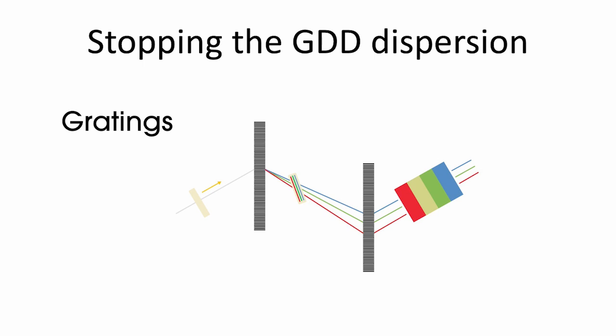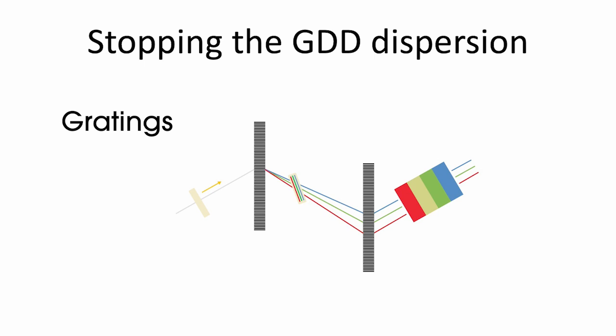So what you do is you place a second grating parallel to the first grating. So you see, in between the gratings, you have this tilted pulse propagating with angular dispersion, with the blue traveling faster than the red and getting ahead of it. When you go through the second grating, all your beams now are parallel. You stop the angular dispersion. And then what you get is a blue coming before the red.